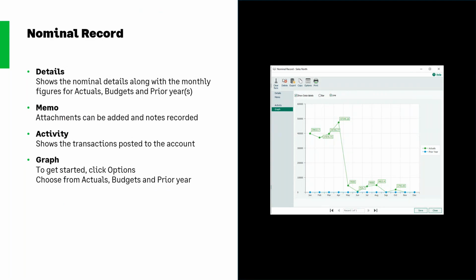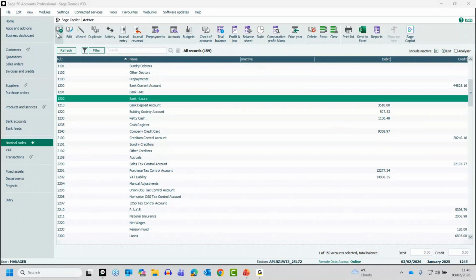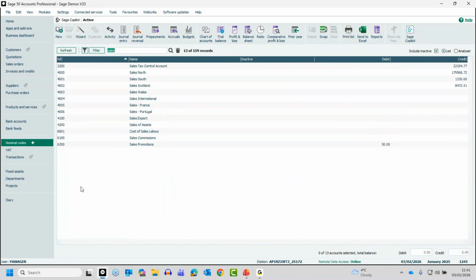We'll quickly have a look at the nominal record. So we'll just have a look at that nominal 4,000. So I can either scroll up and down trying to find it. Maybe you know what it's called. So I just type sales at the top. So maybe I'm scrolling up and down, I just cannot find it. So I can type part of the description in there,